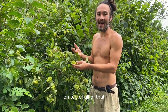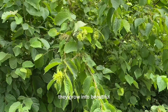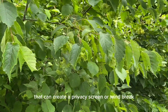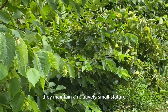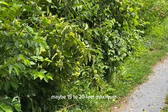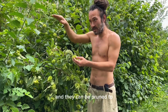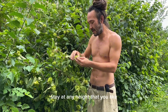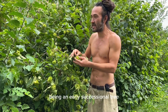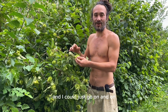On top of all of that, they're very easy to cultivate as well. They grow into beautiful, dense hedgerows that can create a privacy screen or a windbreak. They maintain a relatively small stature, maybe 15 to 20 feet maximum, and they can be pruned to stay at any height that you like. They'll tolerate all kinds of soils, being an early successional tree, and I could just go on and on singing